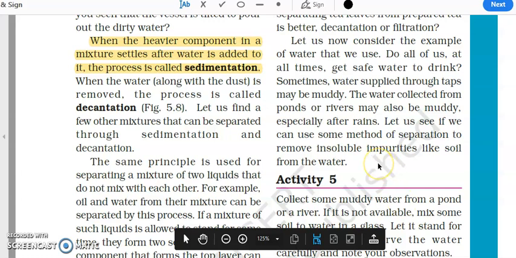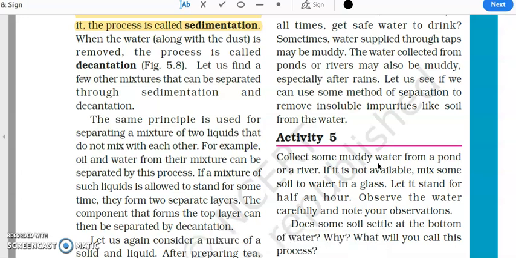In this activity, you have to take muddy water. Muddy water means, you can take a glass of water and put a spoonful of soil into it and mix it well, and muddy water will be prepared. So the first step is to leave it for some time, let the heavier particles settle down, and then decant that liquid.